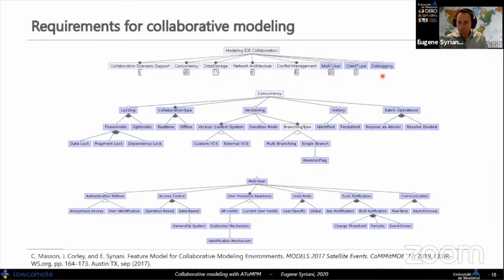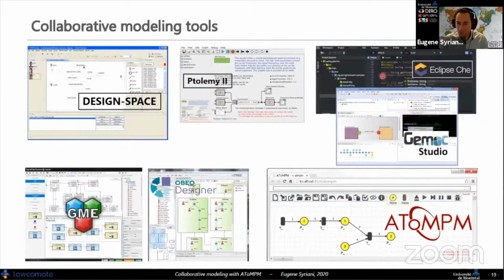And thankfully, there are some tools that support some of these features. Here, this by no means is an extensive or exhaustive list, and you have seen in this workshop, in the previous talks, other tools as well that could go here. I just want to talk about some, maybe older tools.